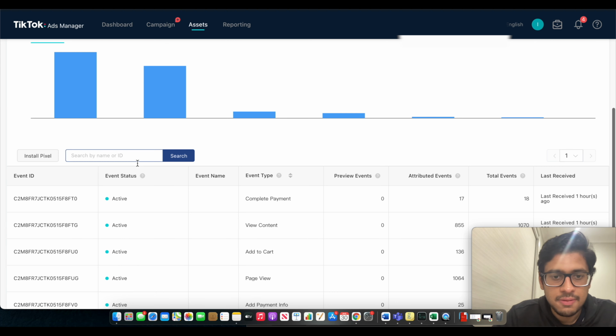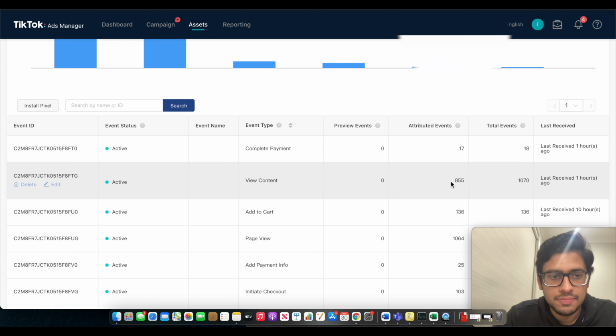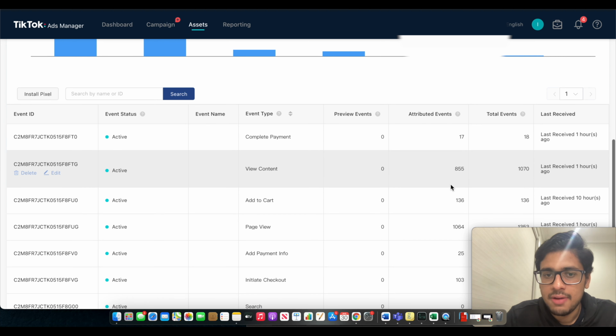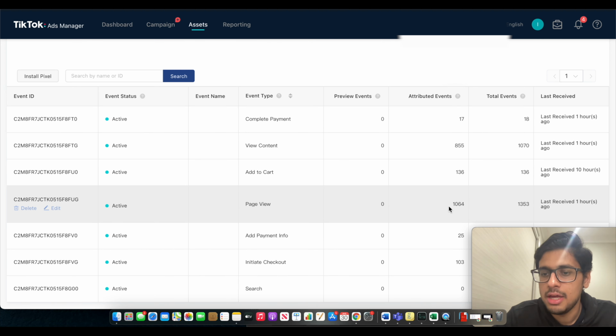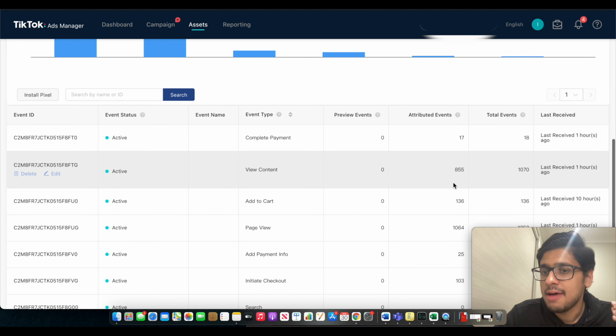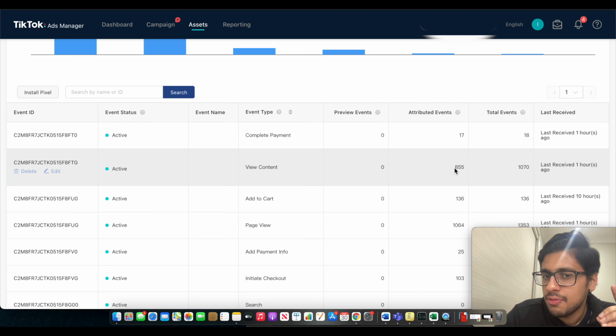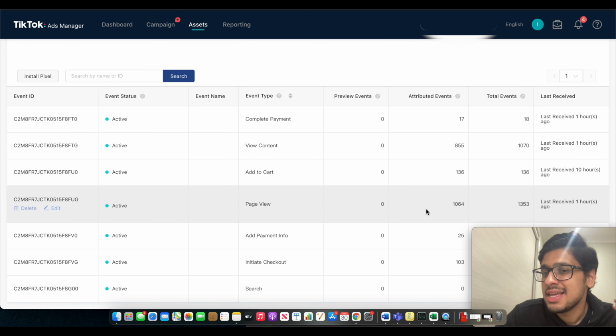So as you can see, we have gotten 17 complete payments. We've gotten 855 view contents, 136 add to carts, and over 1,000 page views. So guys, as a rule of thumb, I would recommend you have at least 100 complete payments, at least 3,000 view content, at least 300 add to carts, and at least 5,000 page views to actually start